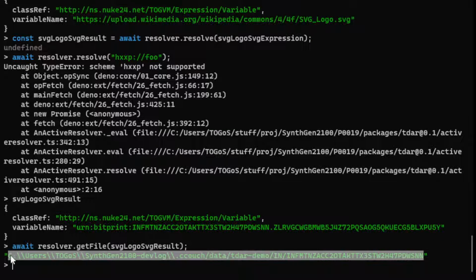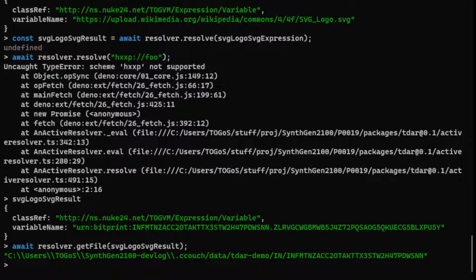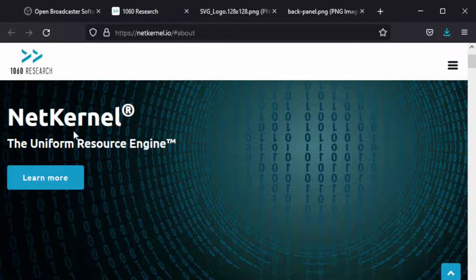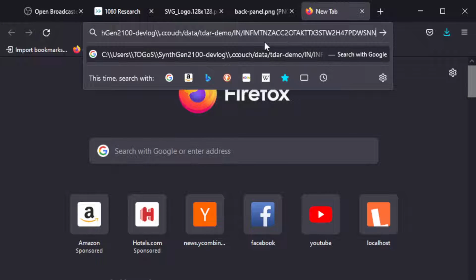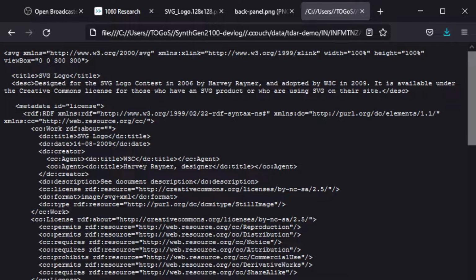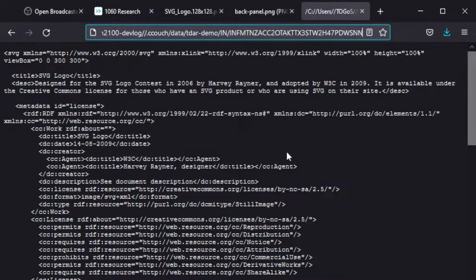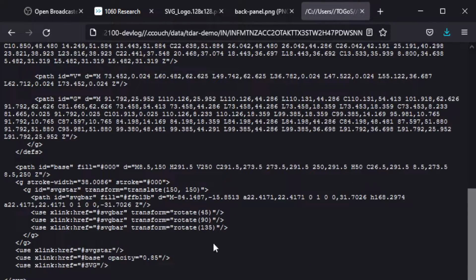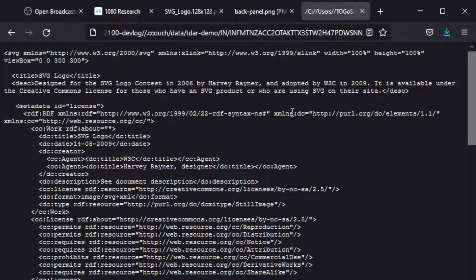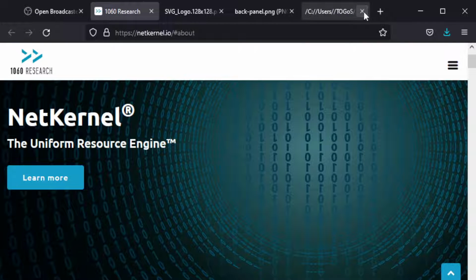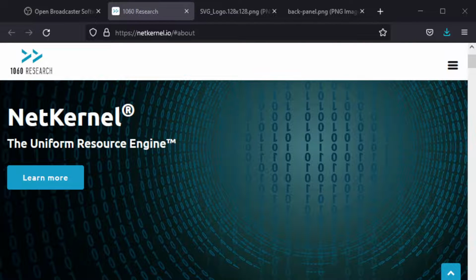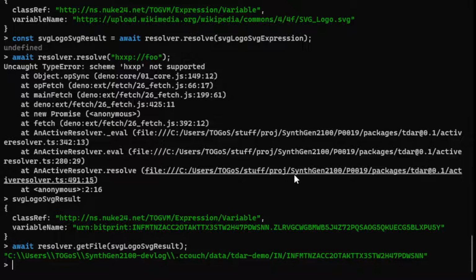It's right here, and then let's go over to ye old web browser and type in the path. Hopefully Firefox knows about backslashes. Yeah, it figured it out. So there we go. It doesn't know it's an SVG because there's no file extension, but there we go. The file has been downloaded. It exists. Good stuff. Close that tab. Back to the terminal. Okay, so the next thing to do,